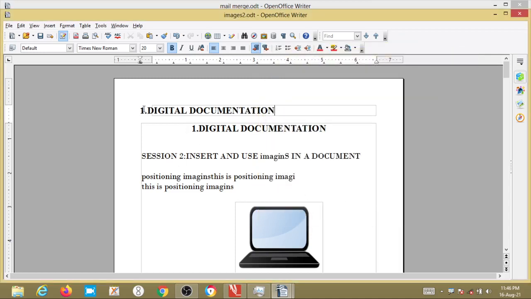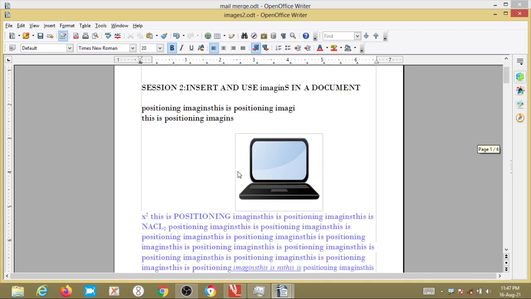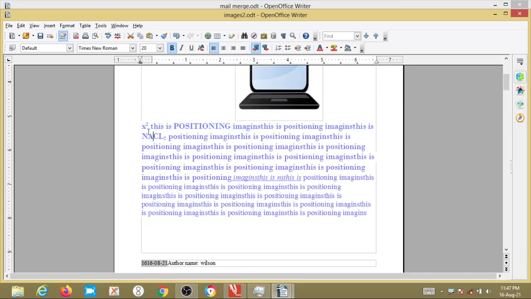Clear now? See, in this digital documentation, this is the margin for the header. I gave a negative value, that's why it has come out of that particular margin. If you give after text, again it is the same, it controls the space in your selected unit of measurement between the right margin and the text. How much space has to be there will be decided by before text and after text. First line means entering a positive value in the box increases the indentation for the first line, while a negative value makes the first line start to the left. So that is the positive indent for the paragraph, meaning this is the paragraph, right?